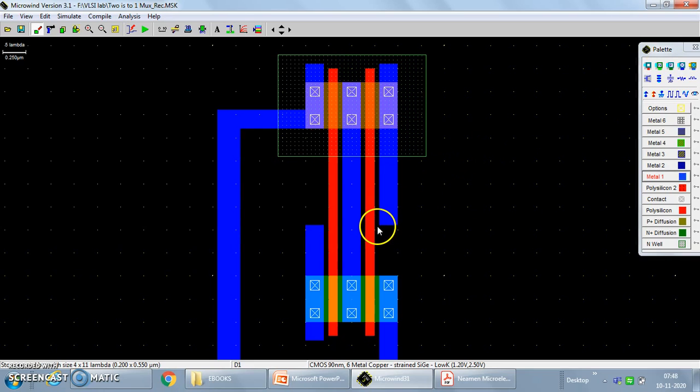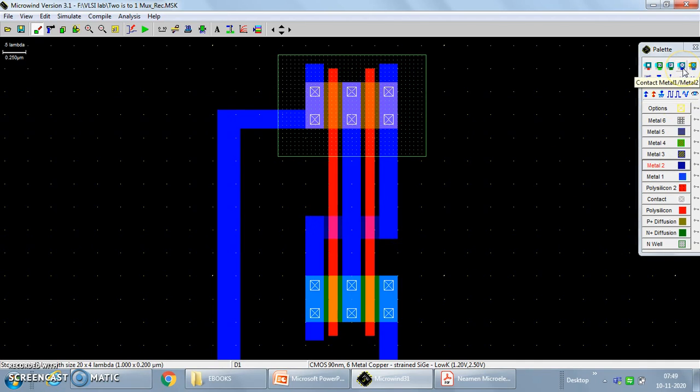Okay. Now both of these two can be joined with one another by a metallic layer. Sufficient overlap has to be there. So I will use metal 2 so that it will not directly connect. I will extend this metal layer still, so that when I make the contact it is properly held with these two, metal 1 as well as metal 2. I think this is sufficient, but still we'll extend this overlap also.